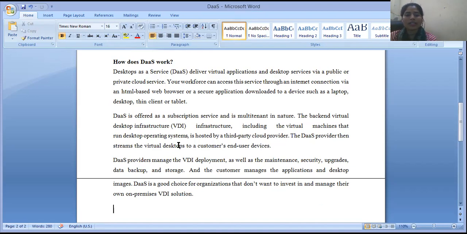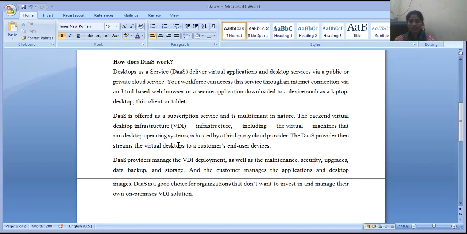Desktop as a Service is offered as a subscription service and is multi-tenant in nature. The backend virtual desktop infrastructure, also known as VDI infrastructure, including the virtual machines that run the desktop operating system, is hosted by the third-party cloud service provider.